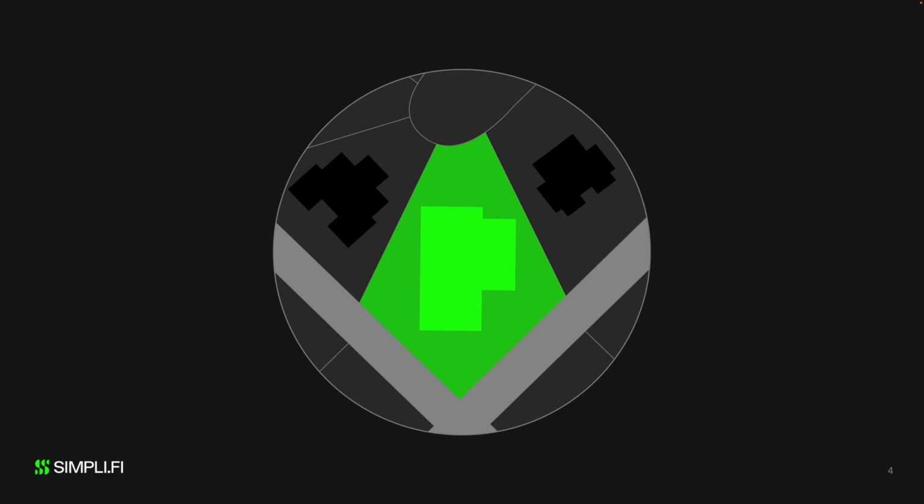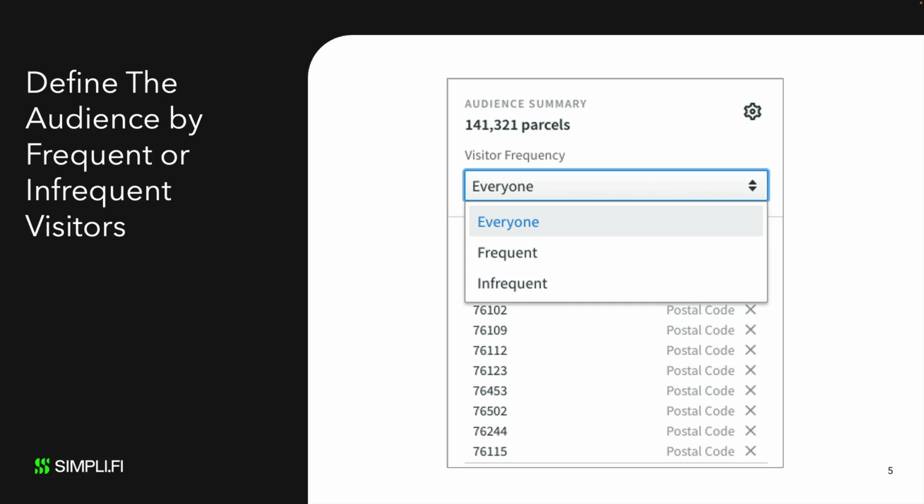The Simplify system automatically matches the exact physical location of each property and draws a target fence around it to capture users for targeting. We can even offer the ability to use the visitor frequency option to specifically target frequent visitors, infrequent visitors, or all visitors to further filter the audience.